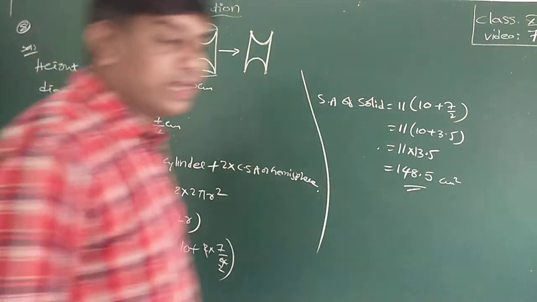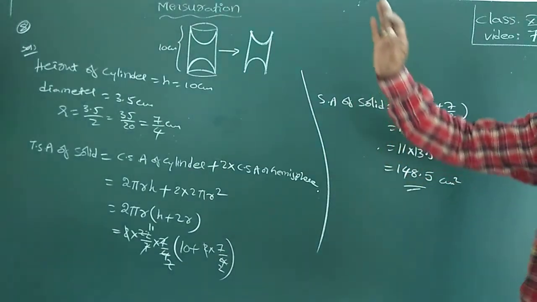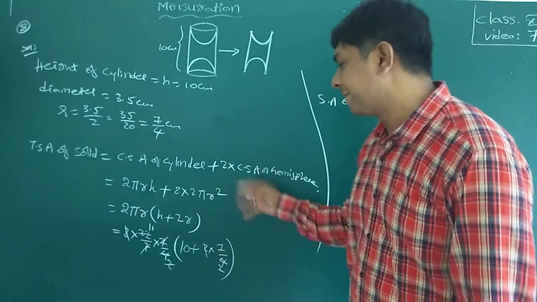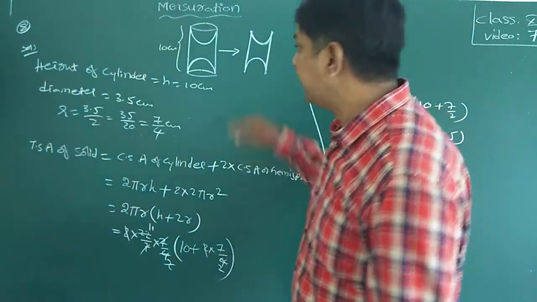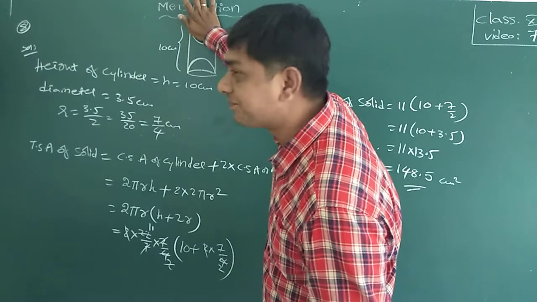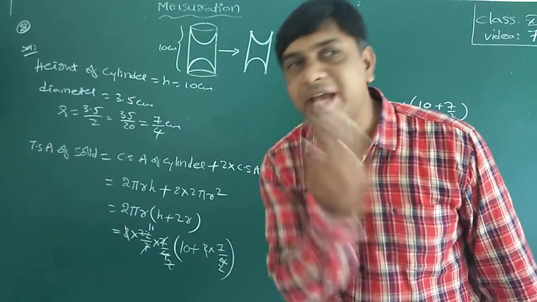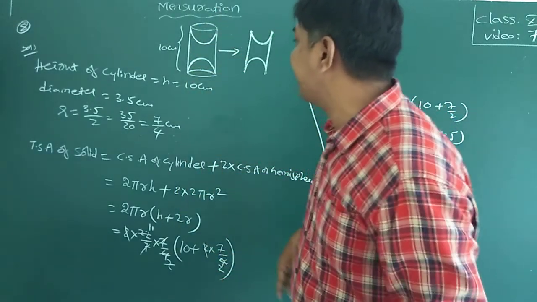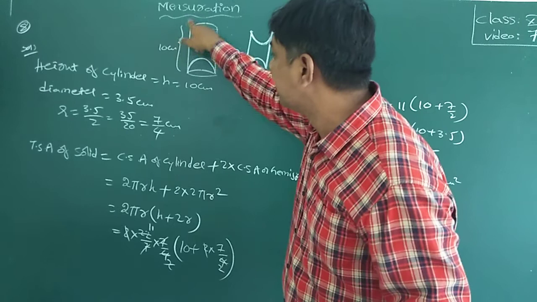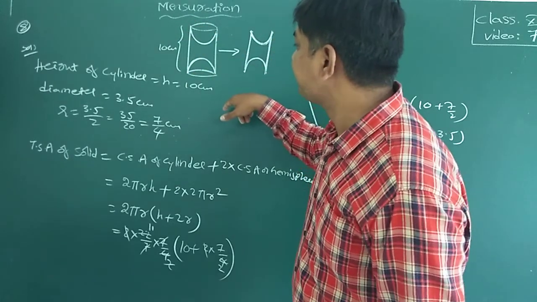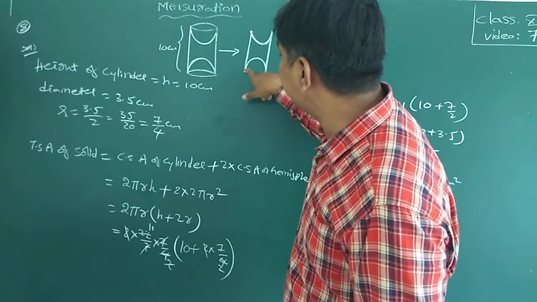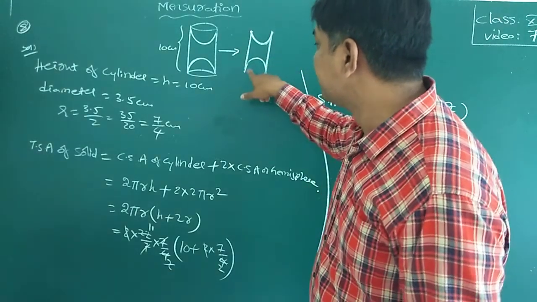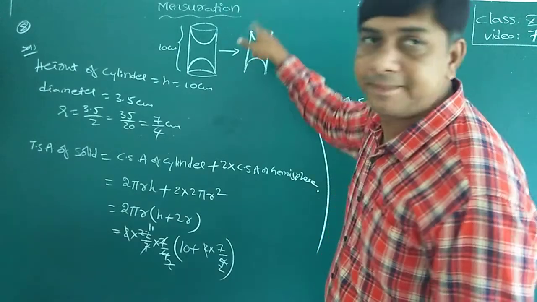Okay, so you may get a doubt, sir, the hemispheres are scooped out, so why are you adding the hemisphere here? There may be a doubt. Here, this is the scooped out portion. But when you scoop out the hemispherical portion, the hemispherical mark inside will be there. If I ask you to paint after scooping out, the cylinder CSA is painted, and inside when you remove that, there is a hemispherical portion which will be like this. So this also we have to paint.